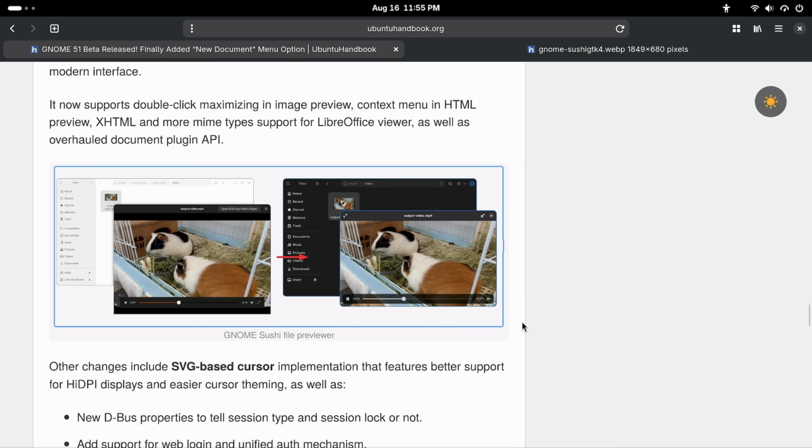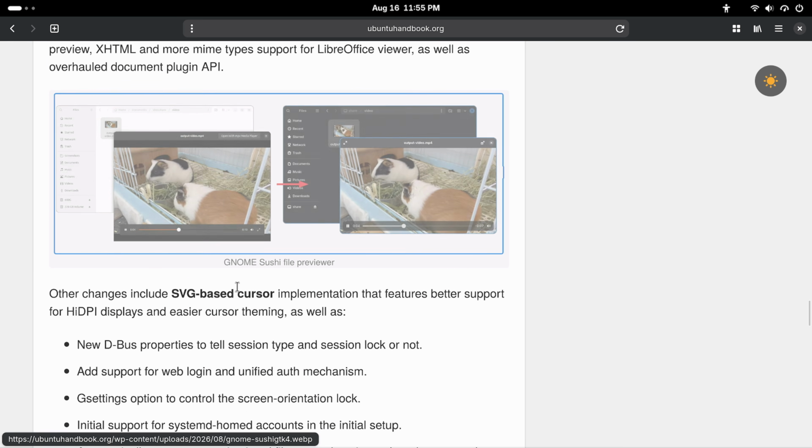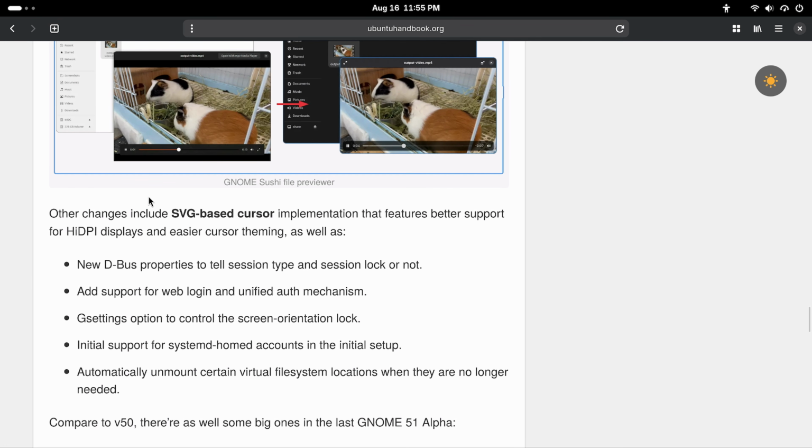So this is pretty good with the, I guess the image should have loaded in by now, but I guess you guys can see it from here as well. This is the Sushi file previewer, and it's been overhauled and it looks pretty good. Did it open up? It didn't open up. Wow, that's a shame. Okay, you do have other changes, including SVG-based cursor implementation that features better support for high